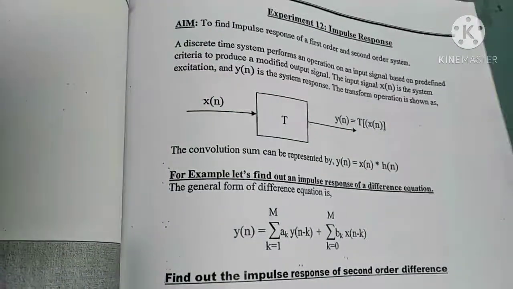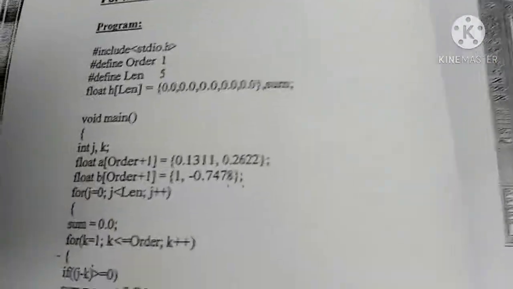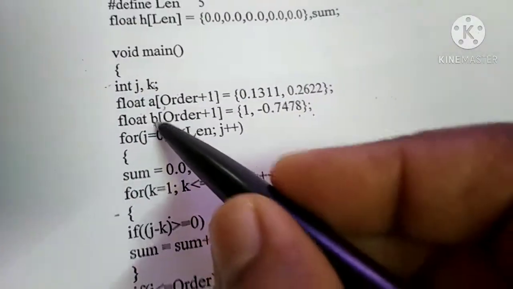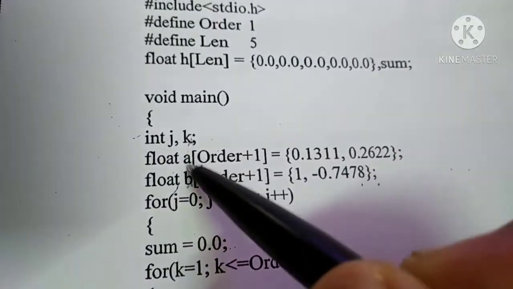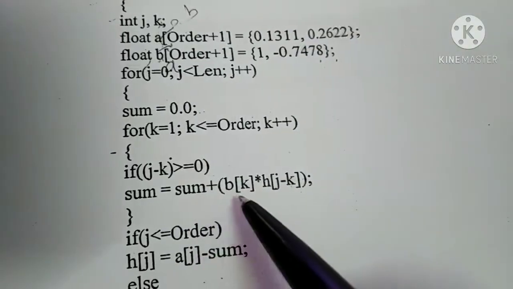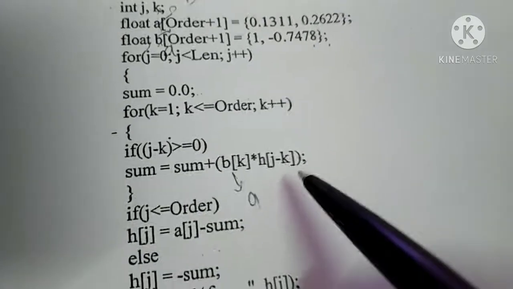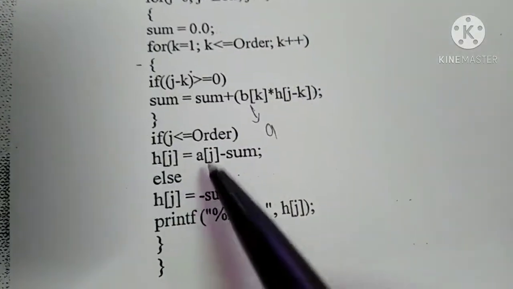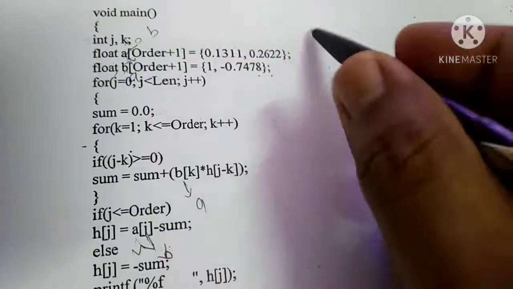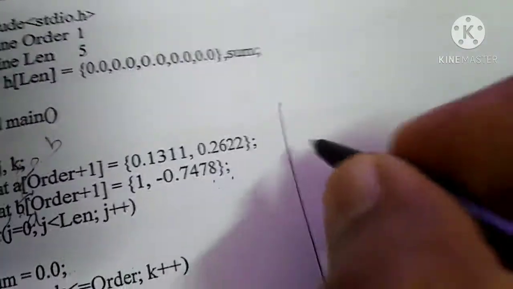Next is impulse response. For impulse response, here they have given a formula. Here you replace A by B and B by A. While giving, they have given it in the reverse direction, it is A by B, so this is B and this is A. Here also, this is your A and this is my B. So we'll go for an expression.